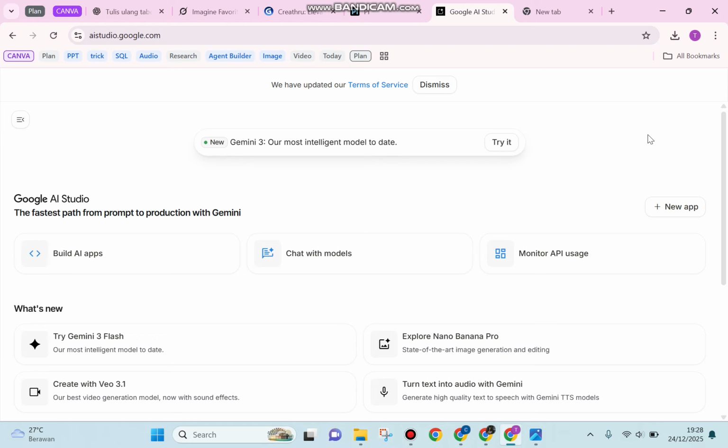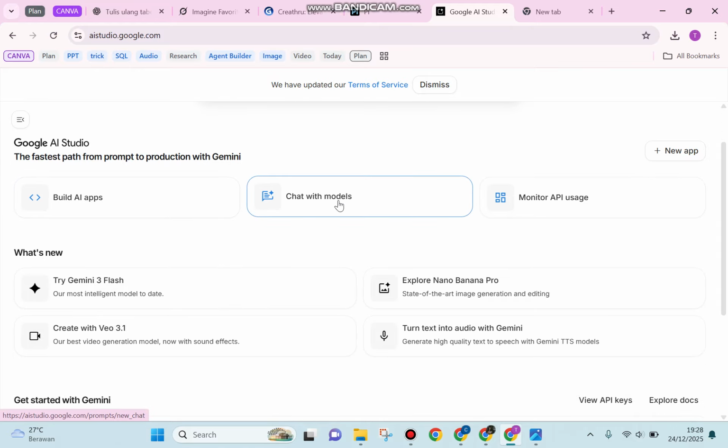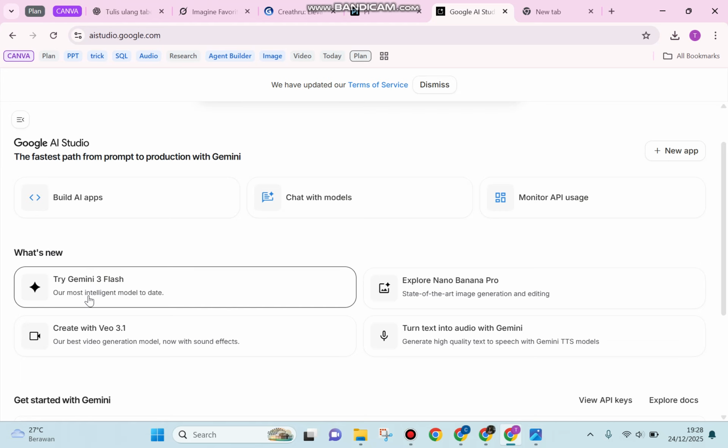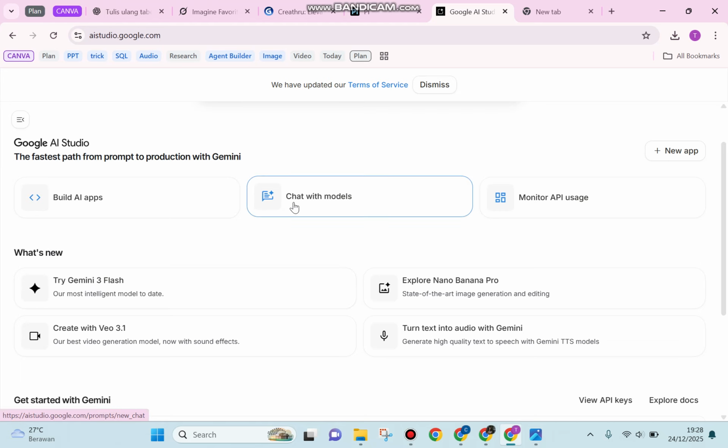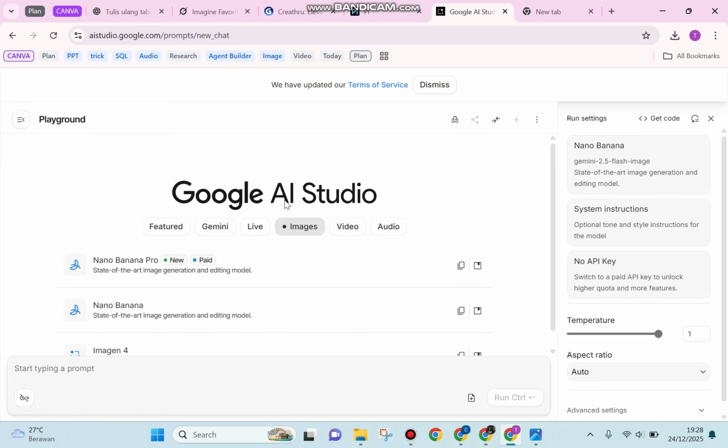Well guys, the tool that I will use here is the Nano Banana, and you can find it in this Google AI Studio. So if you'd like to try it for free, then don't forget to access this Google AI Studio first with your Google account. And after that, you can simply click this chat with models or this one, try Gemini 3 Flash. Which one do you prefer? And after that,